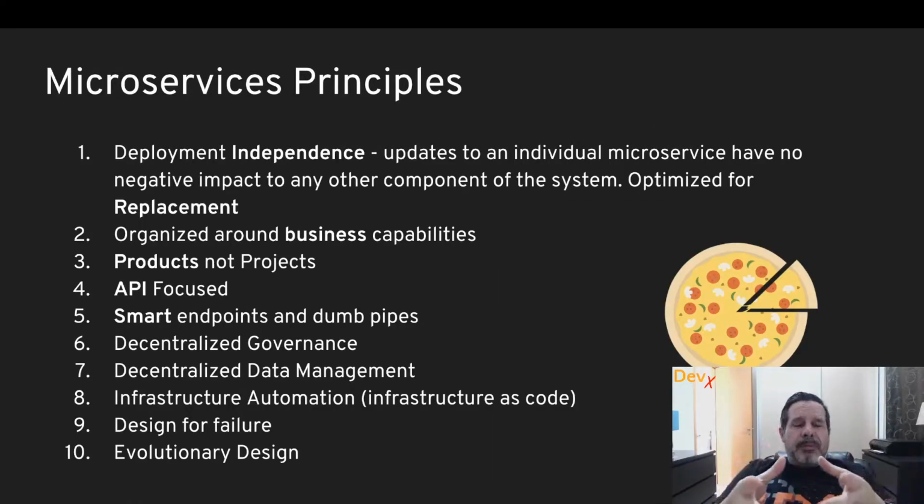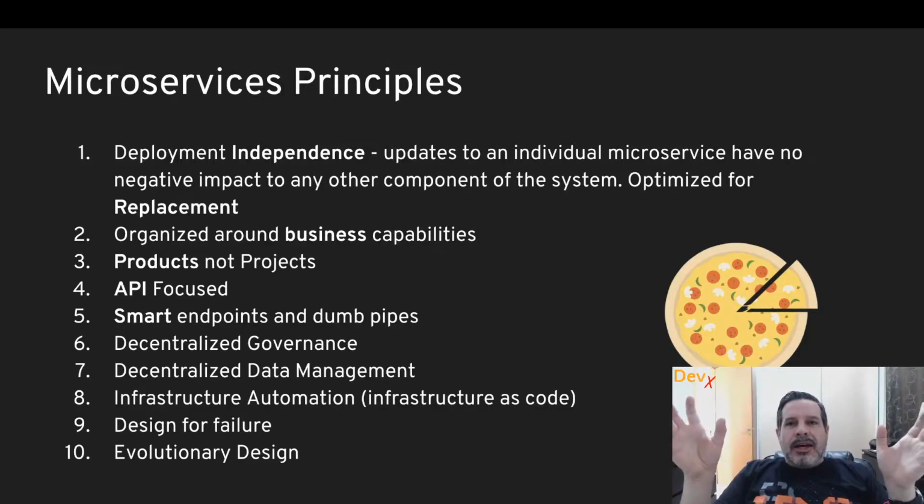Let's recap some of the microservice principles. The first one is to have deployment independency. Why? Because we need to be more agile, because we need to place a change on production as fast as possible. No matter what time, what day, we just need to be capable of deploying that piece of change, that piece of code.